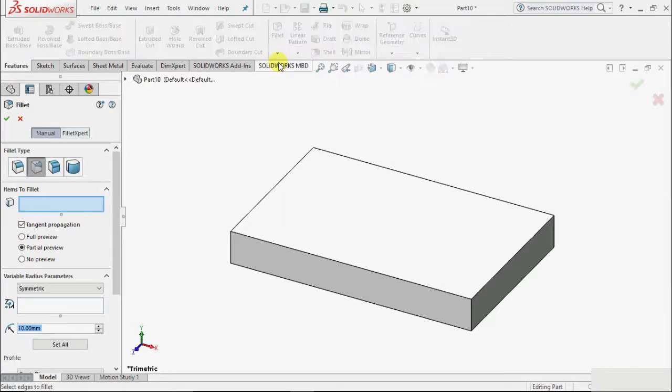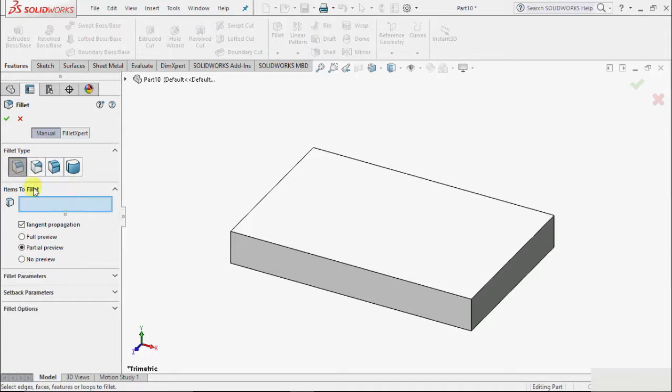Select the fillet command. In fillet there are two options: manual fillet or fillet expert. In manual fillet there are four types of fillet: constant size fillet, variable size fillet, face fillet, and full round fillet. First we will select constant size fillet. In this box it is showing items to fillet. We have to select the edges or items to fillet. Suppose I select this edge,